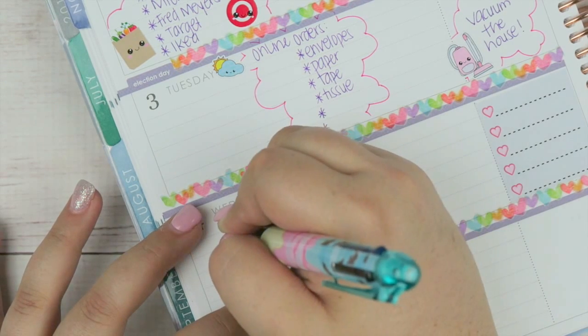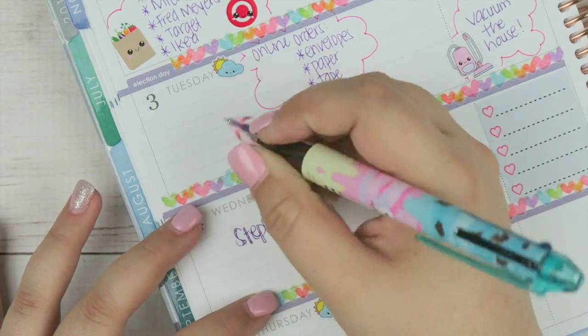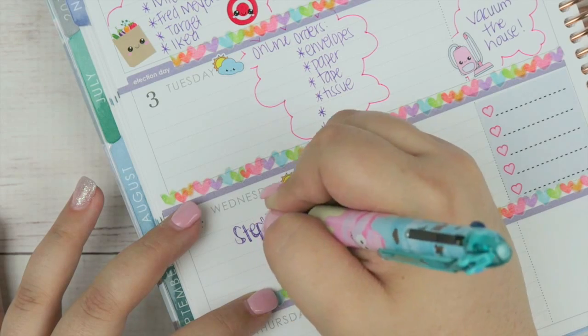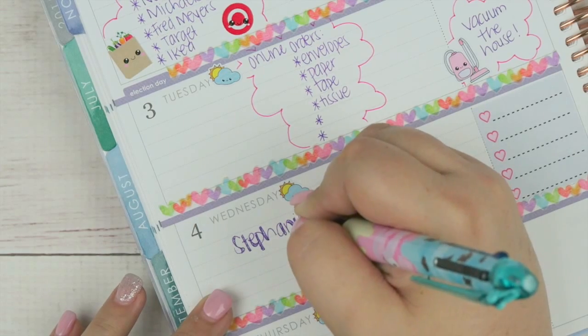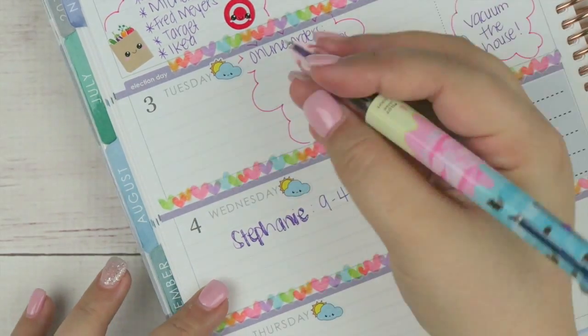Once I get that all filled in, I will follow up with my cloud, and then we'll move on to Thursday. Thursday, I'm going to call in to schedule my nail appointment. So last week, I got my nails done. I never do these types of nails, so I have no idea